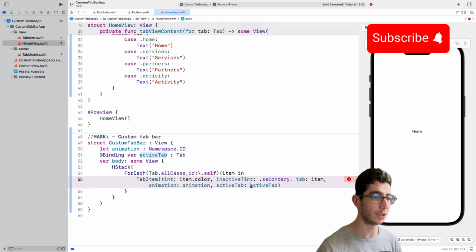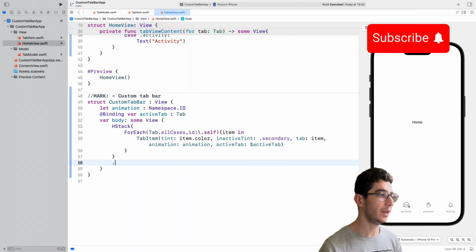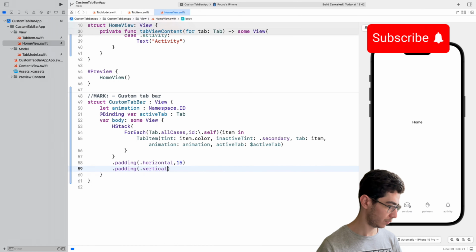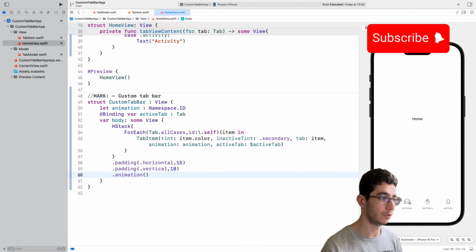Yeah, active tab. So this is it. We have it right there, and we have to say some padding. Horizontal 15, padding vertical 10, and here we have animation, and we have the